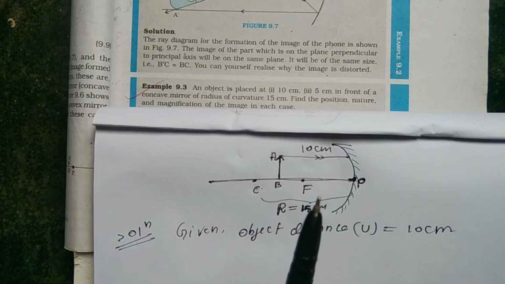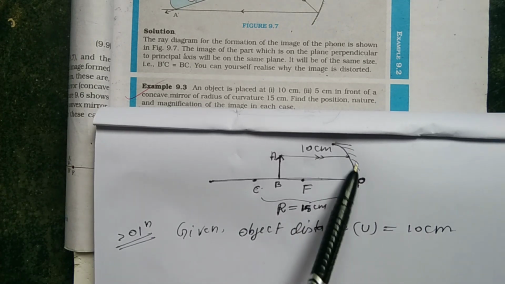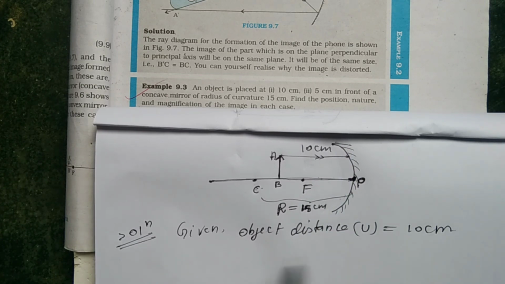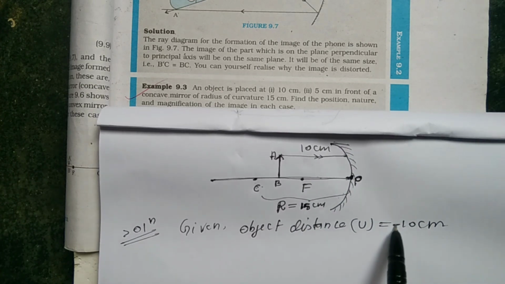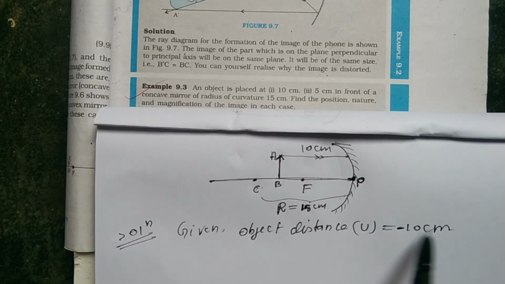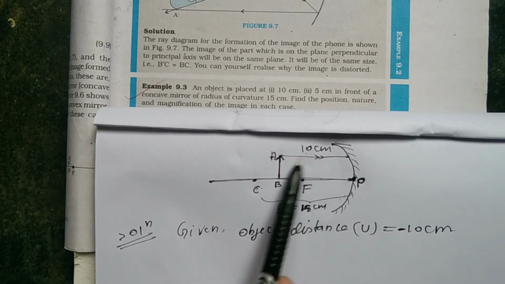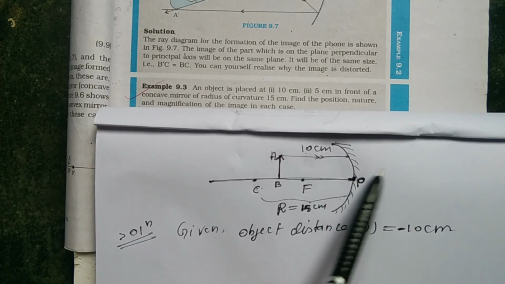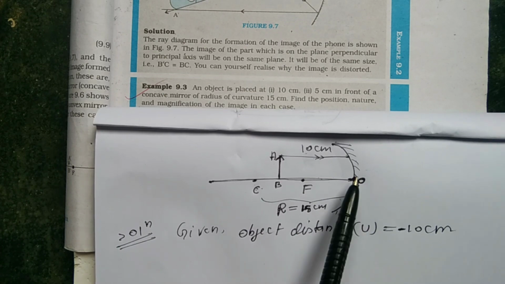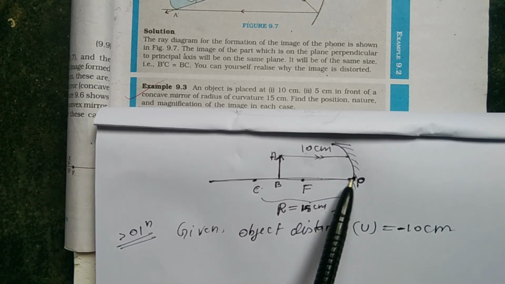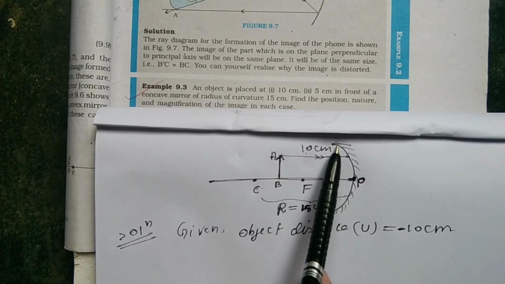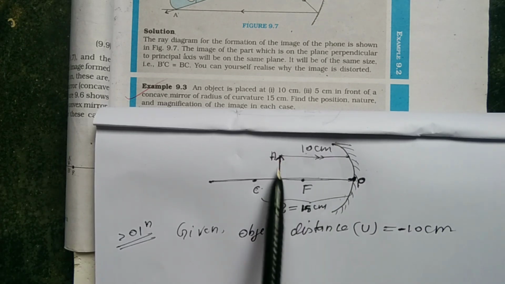Now the thing is that first we have to see the mirror. It is a concave mirror. For a concave mirror we have to put a negative sign in front of the distance, right? Why is it a negative sign? Because according to sign convention, the mirror's this side is considered as left hand side, this side is considered as right hand side, so all the distances are measured from the origin from here to this side, so all the distance